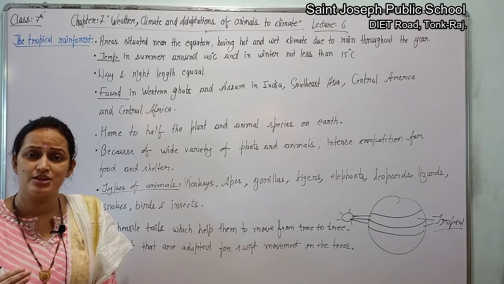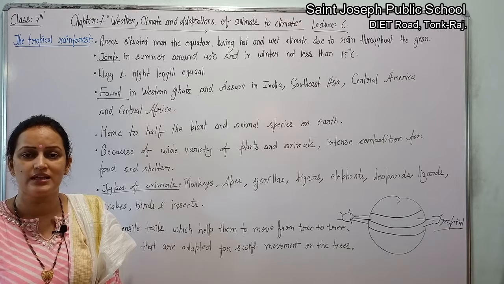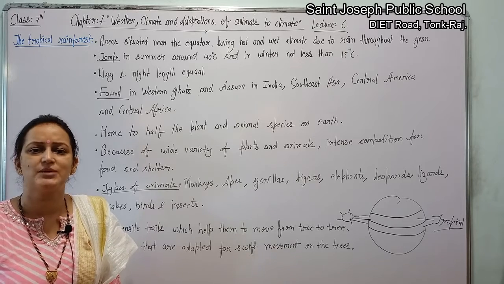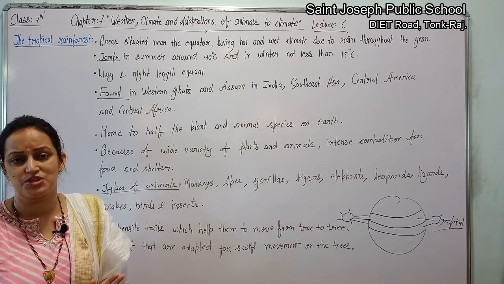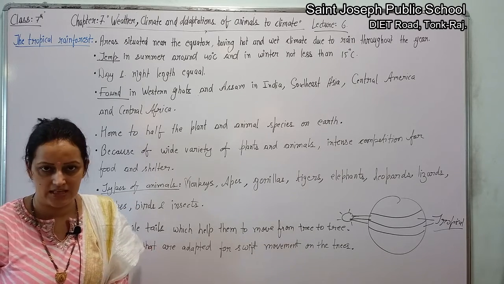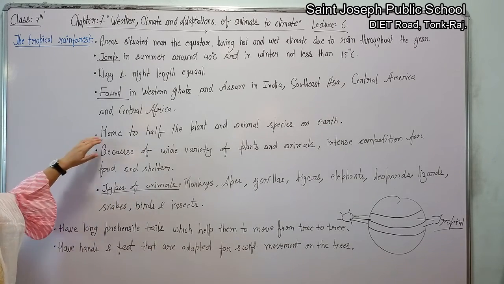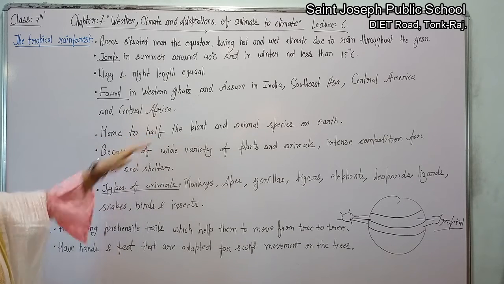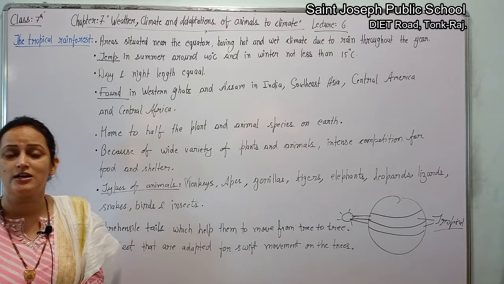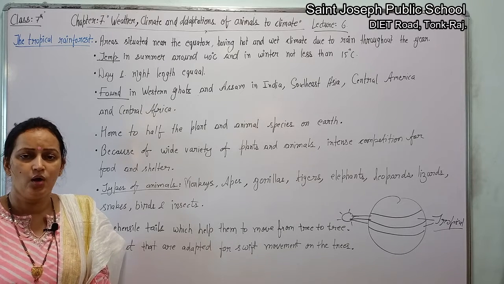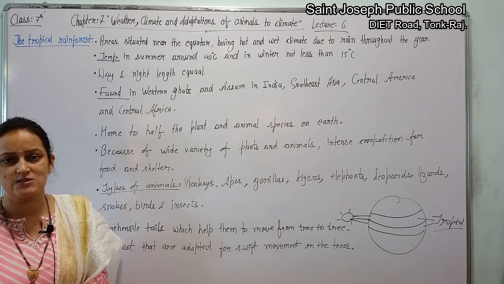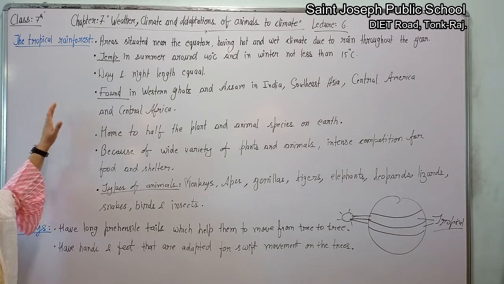यहाँ की क्लाइमेटिक कंडीशन इतनी फेवरेबल होती हैं कि पूरे वर्ल्ड में जितनी भी प्लांट्स और एनिमल स्पीशीज मिलती हैं, maximum those species are found in this area. So it says that home to half the plant and animal species on earth. पूरी अर्थ पे जितने भी प्लांट और एनिमल स्पीशीज टोटल हैं, उनका ऑलमोस्ट 50% इज फाउंड इन दिस ट्रॉपिकल रेन